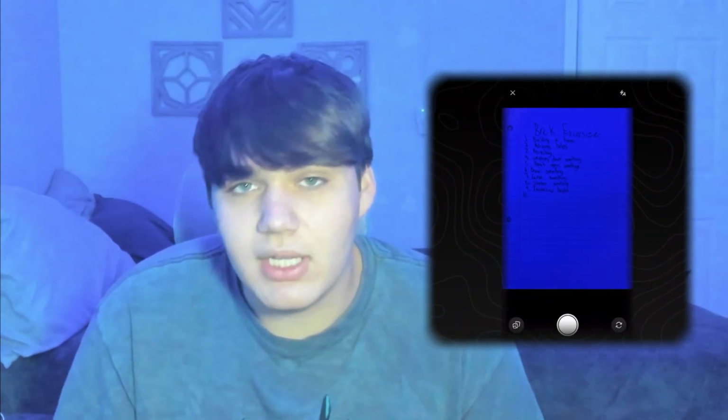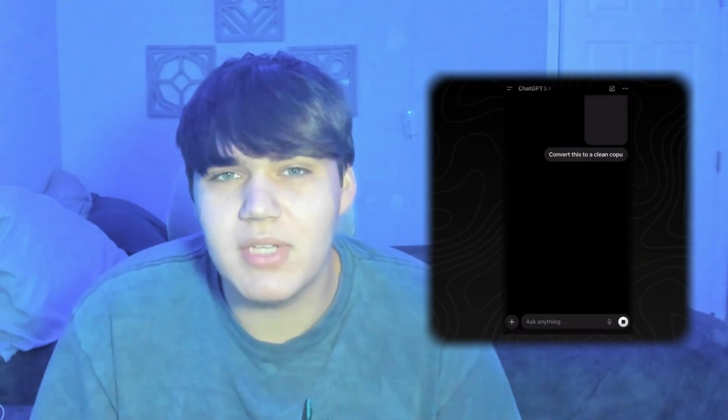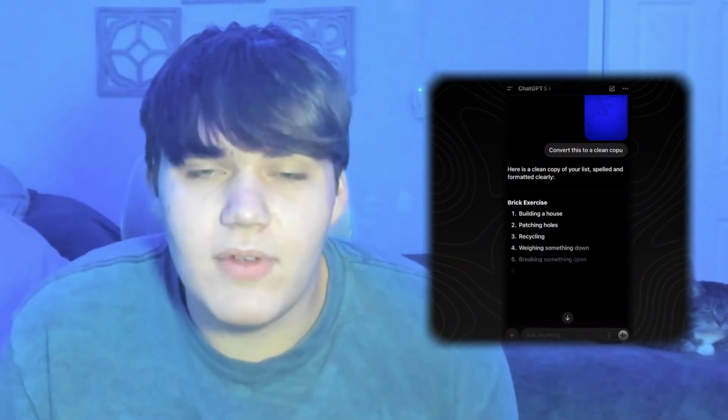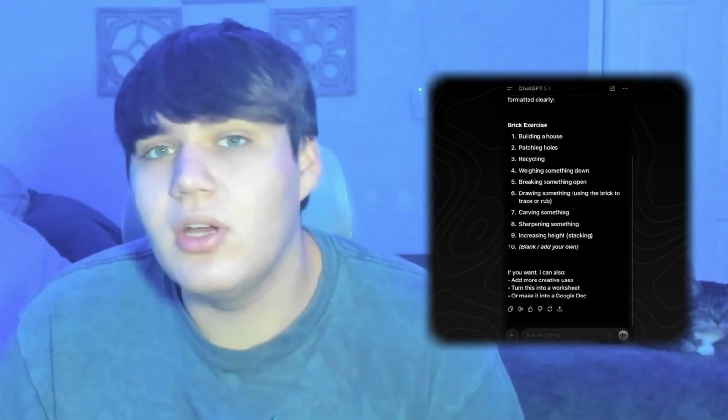And if you actually upload it to ChatGPT, you can ask it to convert it to a clean copy. What this will do is give you a clean copy and a clean format of everything you just took a picture of. I like doing this sometimes if something I'm doing is hard to read, or if I just don't feel like reading the whole thing. I can take a picture of it, say convert it to a clean copy and summarize, and then it will give me a summarized, clean version of anything that I ask it